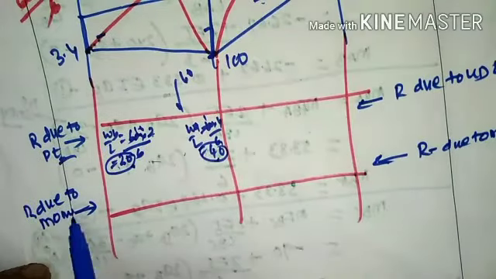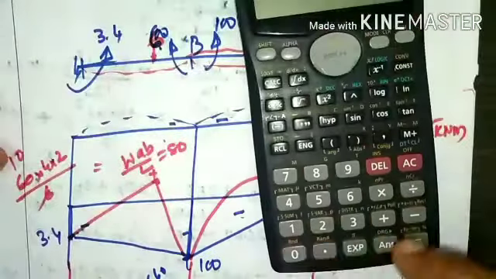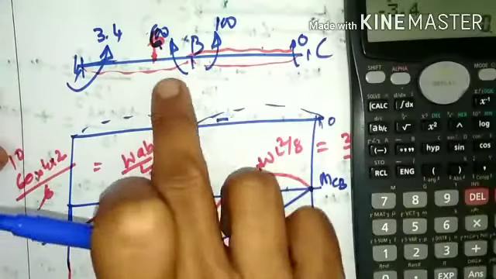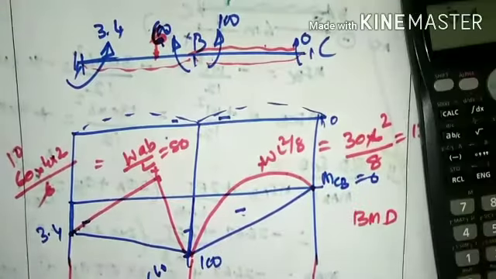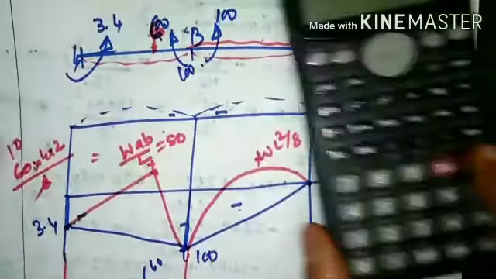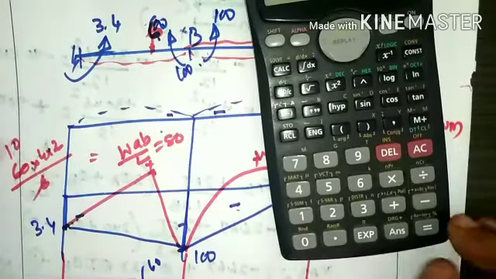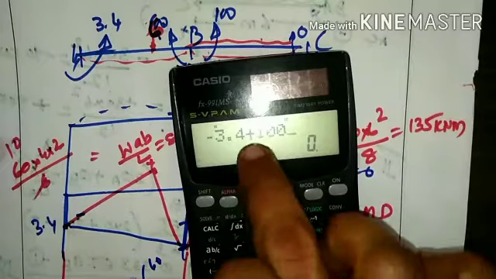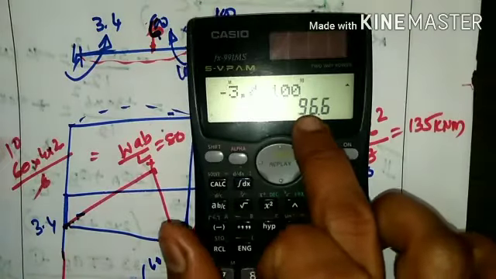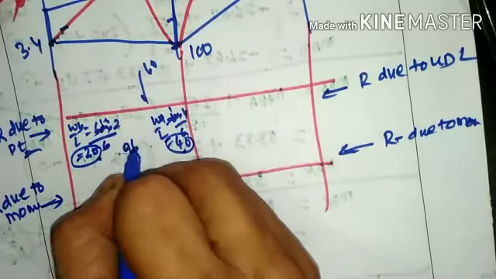Now coming on to the reaction due to the moment. The moment value here is 3.4. What direction is it in? Anti-clockwise, so you are going to type it as minus 3.4. Then the moment here that we calculated just before was 100, in clockwise direction. So minus 3.4 plus 100. Plus 100 is because it is in clockwise direction. Net moment is 96.6. Please check the sign, it is positive. So you are going to write it as clockwise positive 96.6.